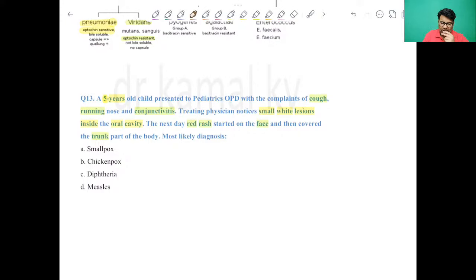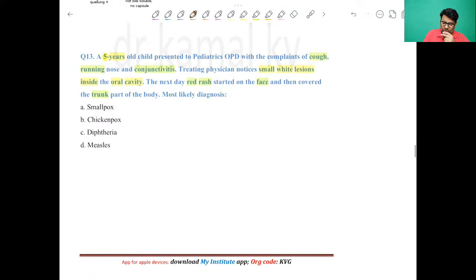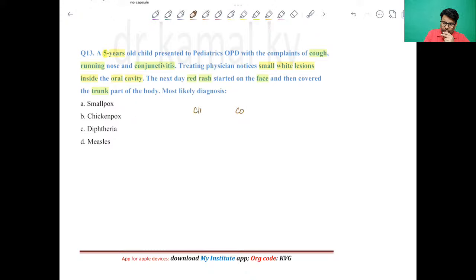So very good, Dr. Kanaya. The moment you have this kind of presentation, the child with cough, rhinorrhea, that is running nose, and conjunctivitis. Clear? This is pretty obvious, but what is more important here is that in the oral cavity there are small white lesions,